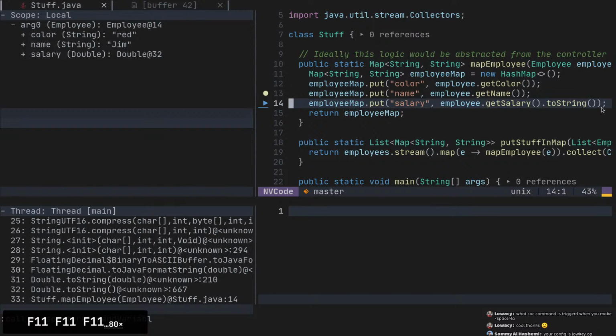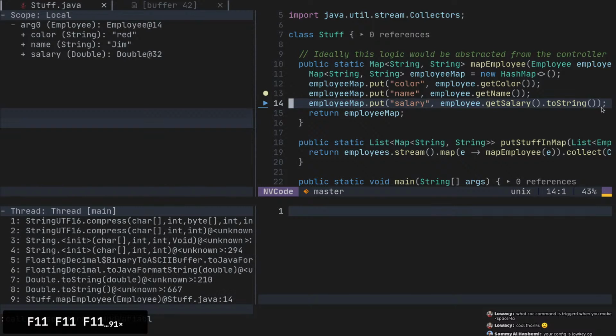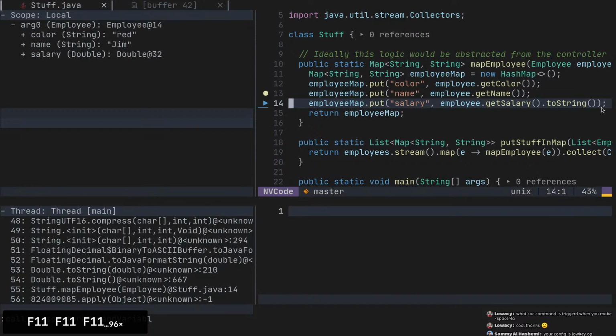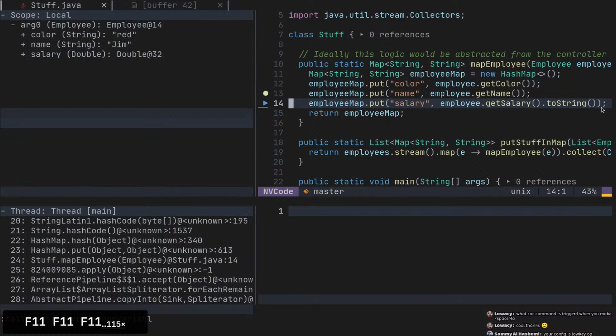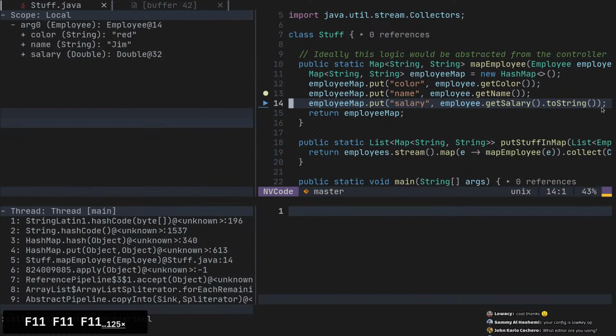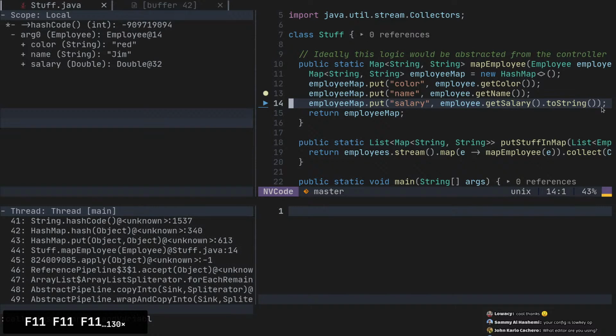If someone could save me from this pain and tell me exactly the best way to do this, or if maybe I'm in a loop somehow. Am I in a loop? Is that how this works? Put salary. Yeah,